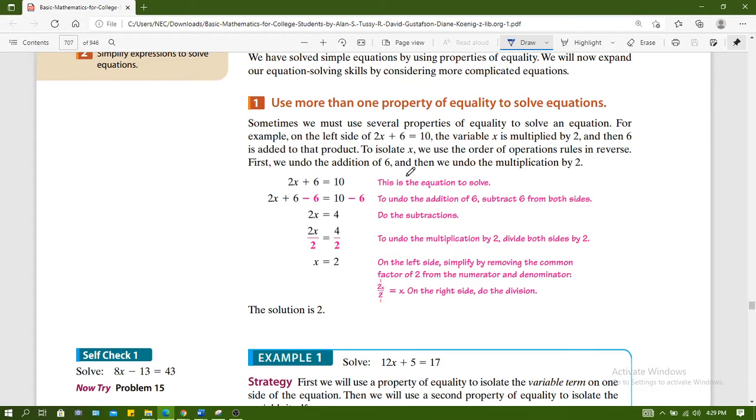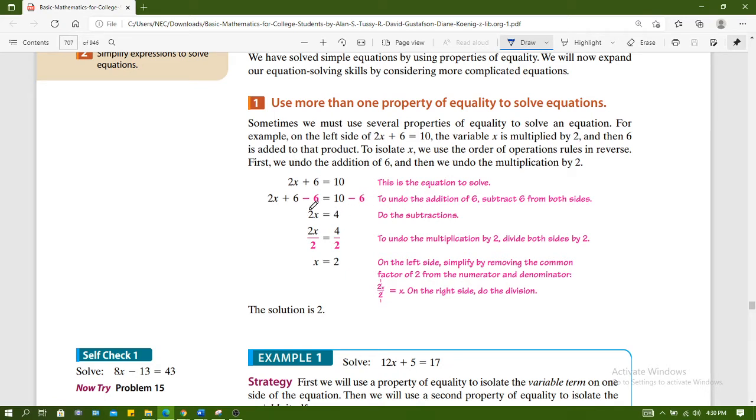Remember, if you have this sign here as plus, in order to retain the variable term on the left side, we need to apply the subtraction property of equality since the sign here is plus. So we need to subtract or remove 6 from each side. Remember the scale in our previous section. Remove 6 from each side of the equation. So the first step is we will remove 6. What remains will be 2x equals 4 because 6 and 6 will be cancelled out, and 10 minus 6